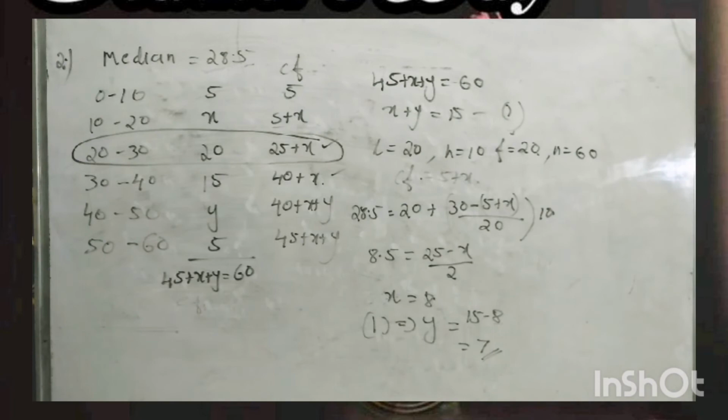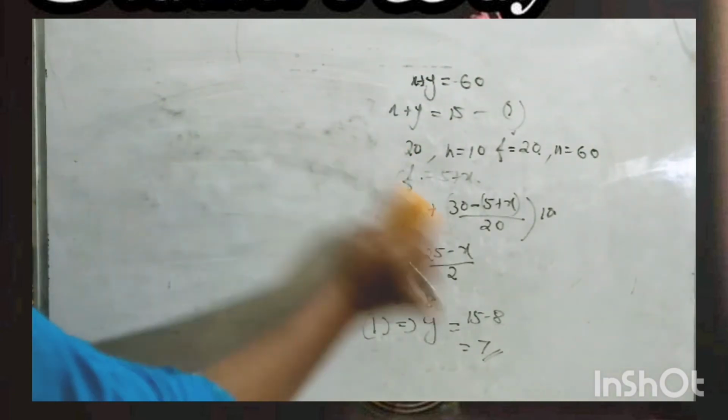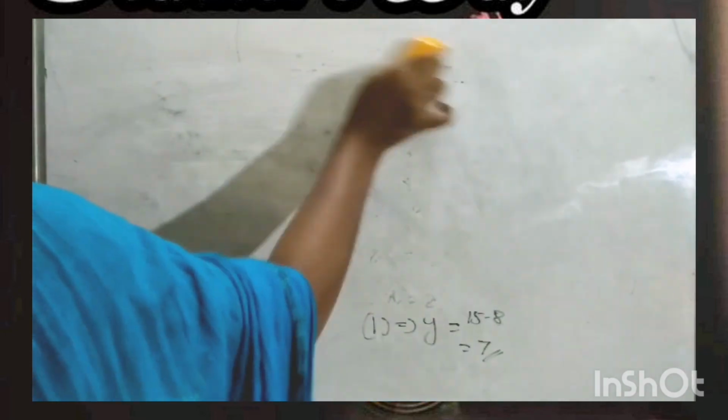Fourth question. In that fourth question, the class intervals are not continuous. The length of 40 leaves of a plant are measured correct to the nearest millimeter, and the data obtained is represented in the following table. The table is